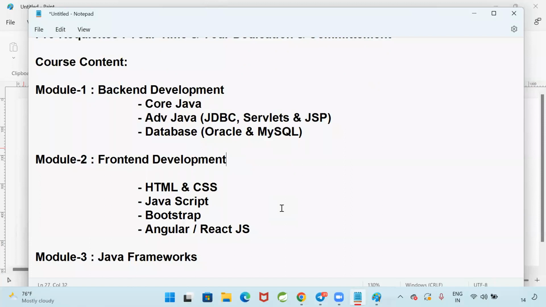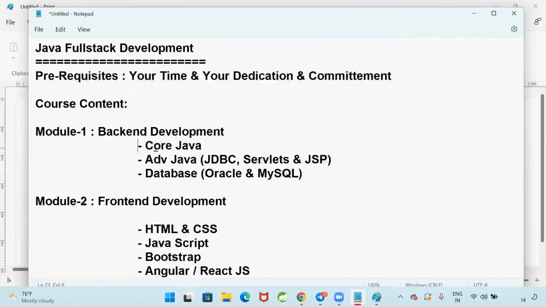It took me 1.5 years to learn Java because, due to lack of proper guidance, I did core Java first. After core Java was completed, I did advanced Java. My faculty took JDBC 3 months, servlets 3 months, JSP 3 months. The whole time was wasted. At that time, I didn't know. I didn't have any friends working in IT. To be frank, at that time smartphones were also not available. Ten years back, this much maturity, these many resources, and technology were not available. So that's why we spent 1.5 years to learn Java.